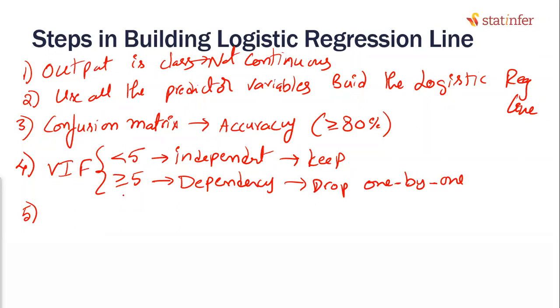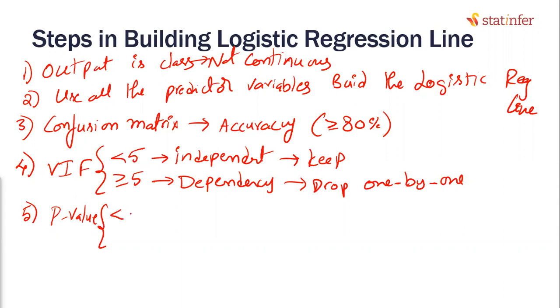Does that make them all impactful? Independent doesn't imply impact. No, impact is a different story altogether. How do you detect whether the variable is impactful or not? You look at the p-value, isn't it? First you have to do the p-value, then only you can rank order them. First you have to filter out, shortlist the variables that are impactful. Then within those impactful variables, you rank order them. Do not do the rank ordering in the beginning.